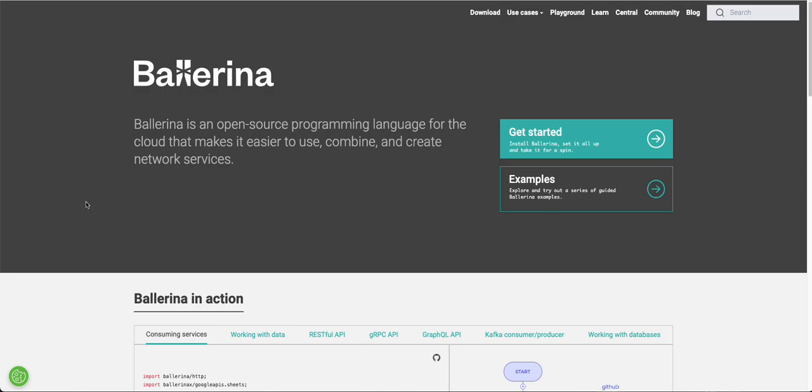Ballerina was initially invented or conceptualized as a base of a language centric middleware or integration platform. So, Ballerina is an open source programming language for the cloud that makes it easy to use, combine, and create network services. So, it's a network friendly programming language, which is one of the main characteristics as part of the modern cloud native application development. So Ballerina 1.0 released in September 2019,